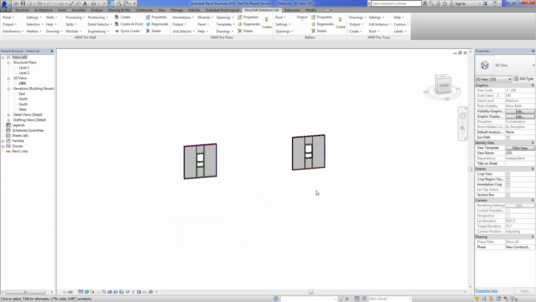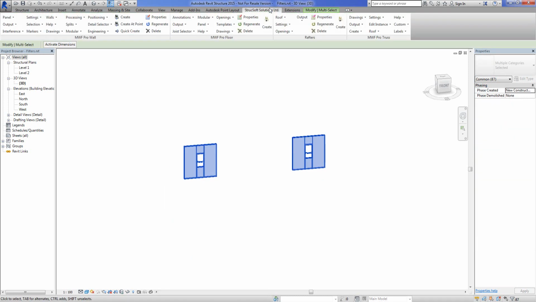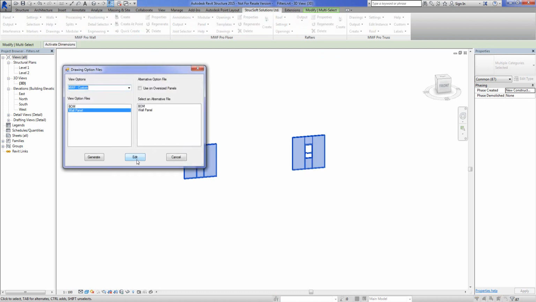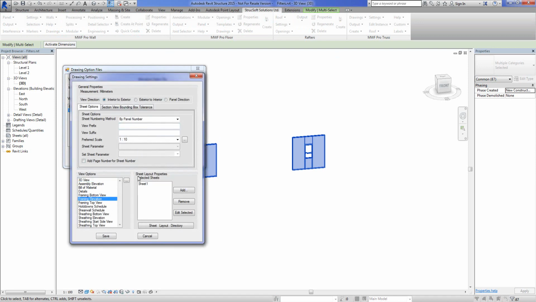It doesn't apply just to this one view, however. If we want to make our shop drawings and we want to assign a view template to those shop drawings, we can do that too. And I'll show you that right now. If I grab these two panels, I go to my StrucSoft Solutions tab, and I go to my drawings. I want to edit this. And I want to check out my framing elevation,